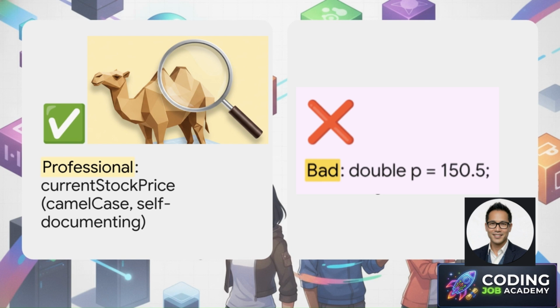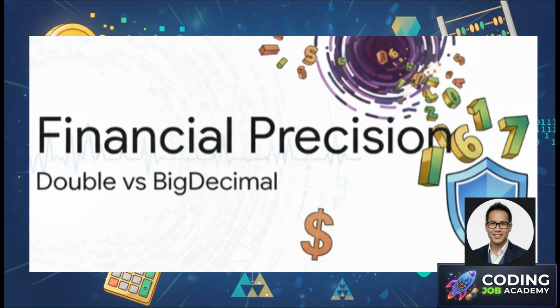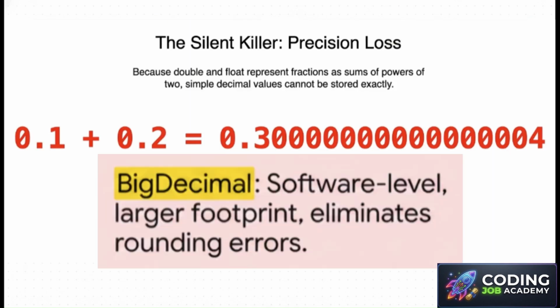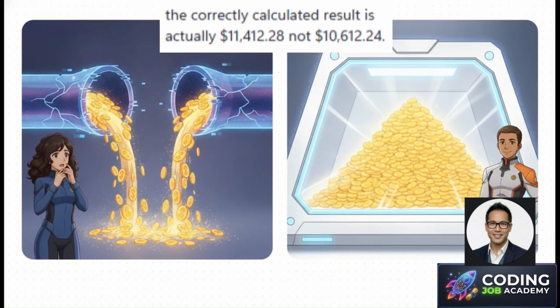In the beginning, we talked about using a 64-bit primitive double variable to store a stock price, but in reality, professional financial applications avoid using double variables entirely. Why should we do this? Because a double variable value is based on floating point arithmetic, which is the computer estimating fractions using base 2 binary mathematical calculations. And this estimated value normally creates a floating point rounding error. So we should only use Java's true enterprise standard reference data type called BigDecimal to store US dollar amounts in a banking application. Because if we were to calculate these cash flows using a primitive double value, then it would get the output value of